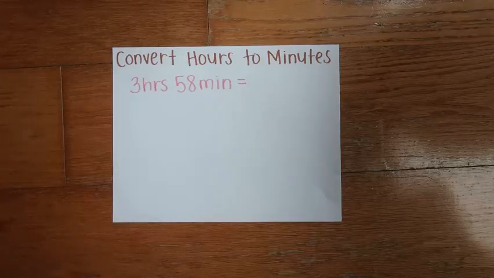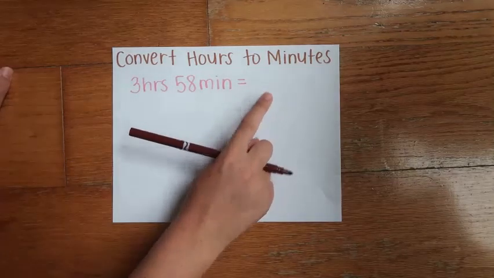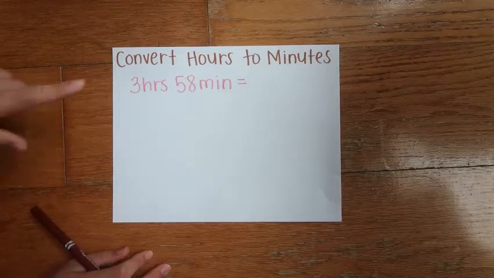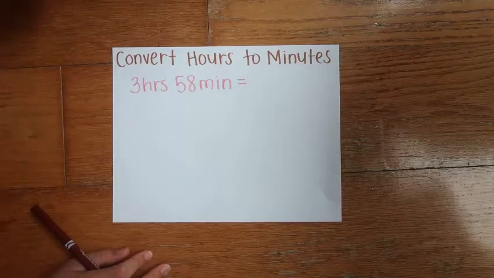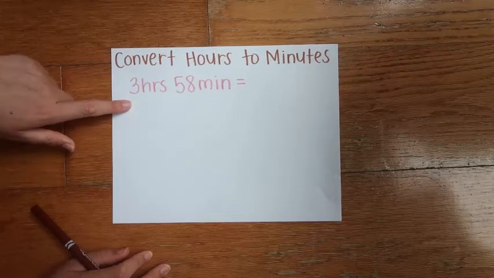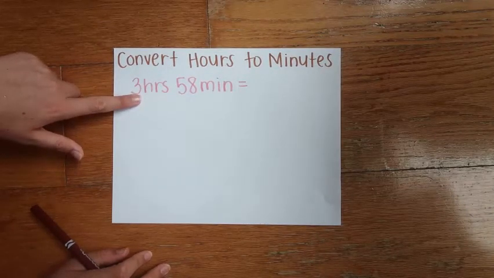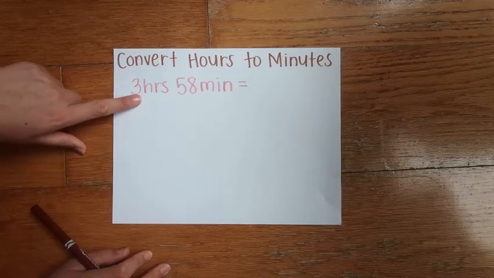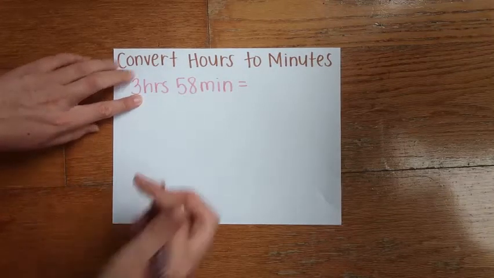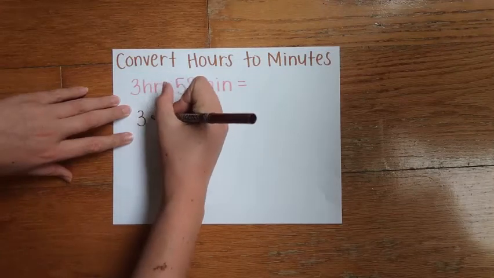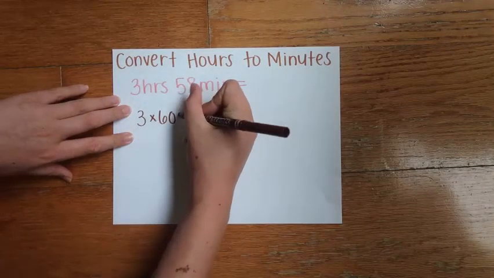Now we're going to convert hours to minutes. So this first problem says 3 hours and 58 minutes. We need to bring that to only minutes. That's when we convert it, we just want minutes. So what I'm going to do is, just like the last one resembled division, this one now is going to play on what we know about multiplication. So if I have 3 hours, that means I have 3 groups of 60 minutes. So I can do 3 times my 60 minutes,